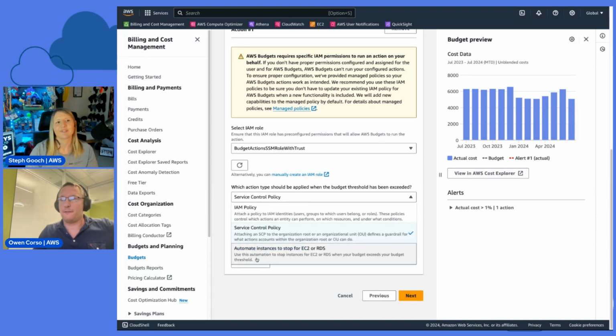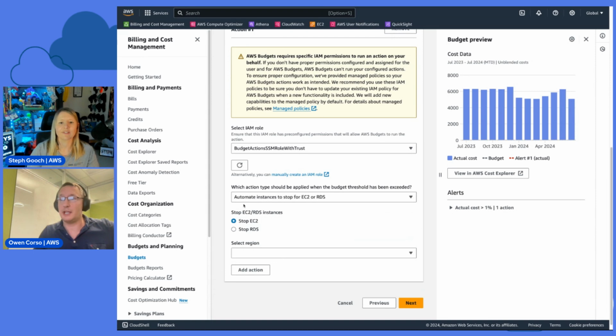Okay, so this is the fun part. We're going to demo this third type of action, which allows you to automate the stopping of EC2 or RDS instances. We're going to do EC2, and so this is where let's say you have a sandbox account, you have an instance running, and you have your development code on there, and you want to make sure that you're keeping costs in check.